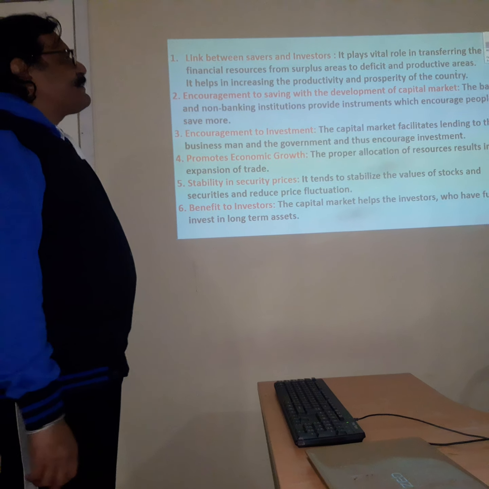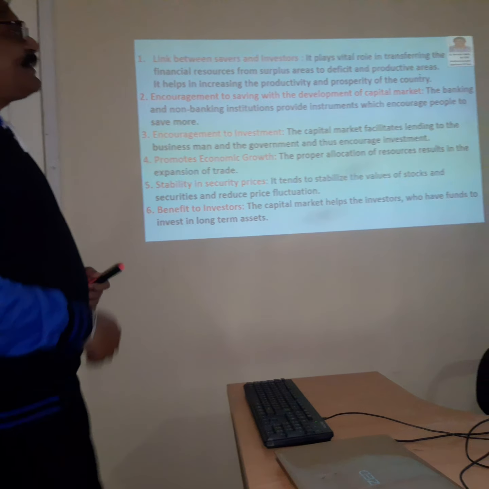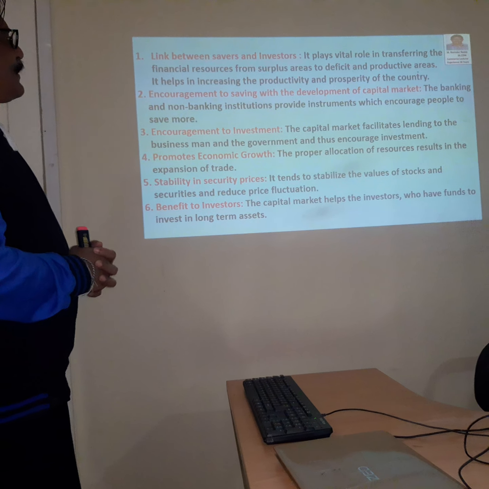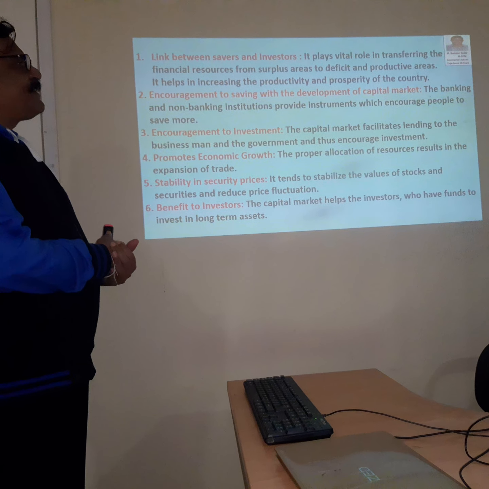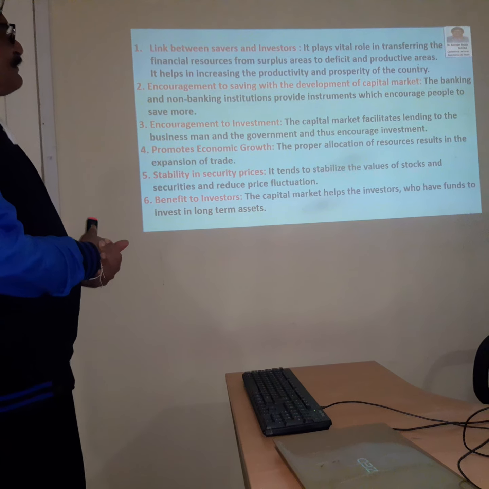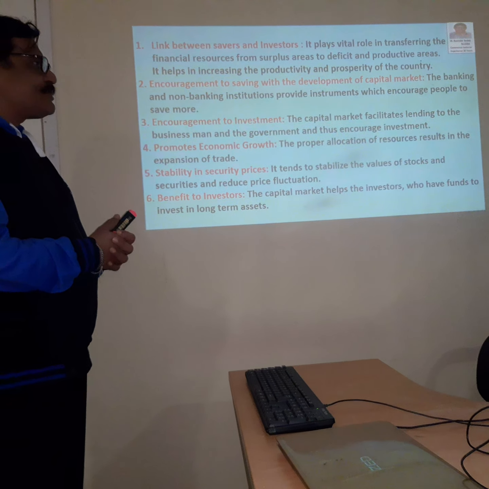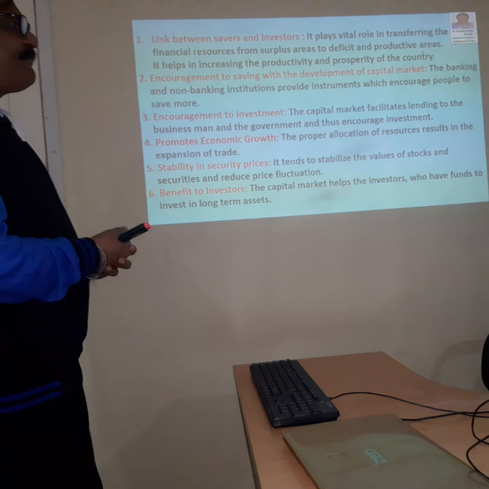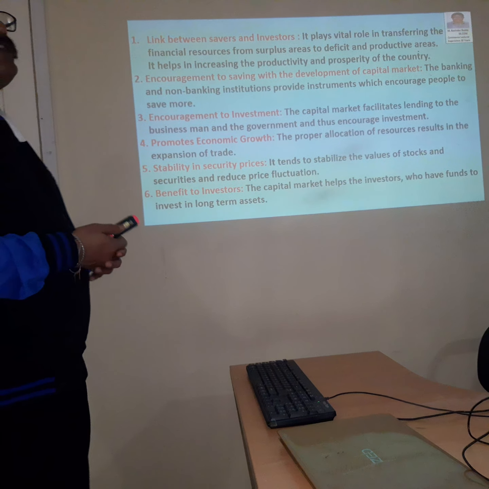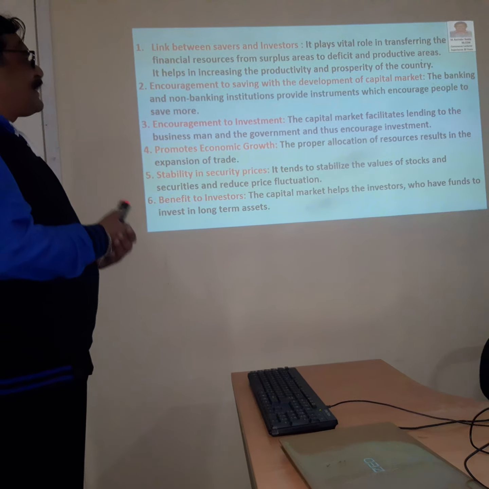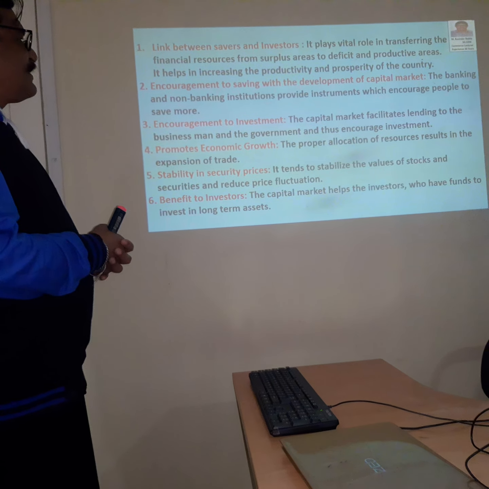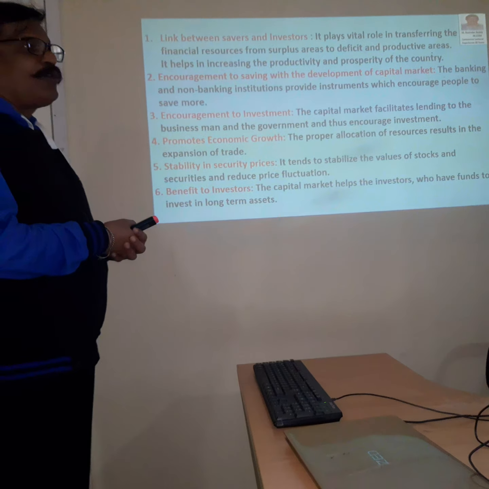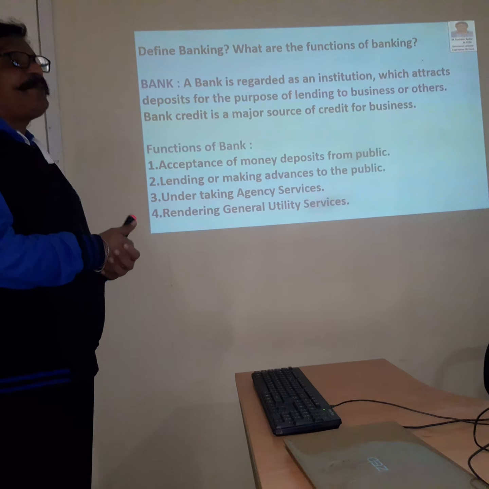So, link between savers and investors, you have to write down a few lines regarding this one. And then encouragement to savings with the development of the capital market. The banks and non-banking institutions provide a lot of instruments through which they mobilize savings. They encourage the people to save their amounts, and also encouragement to investments. The investors and the government also sometimes take loans, they take the amount from the capital market for the